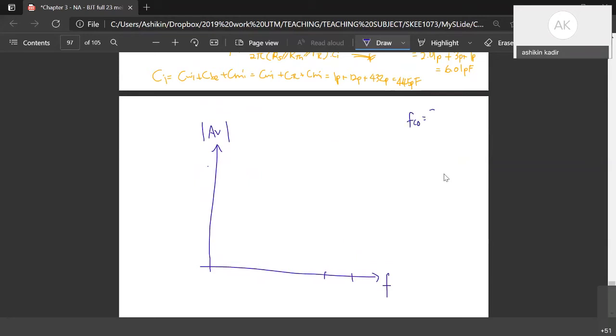So if you get FCO 30 megahertz and another one, FCI, 37 megahertz, then in your gain graph, this is AV in brackets. Therefore, your FCO is 30 megahertz, so it comes first, right? So this is 30 megahertz and 37. Okay, so for your gain, your AV,